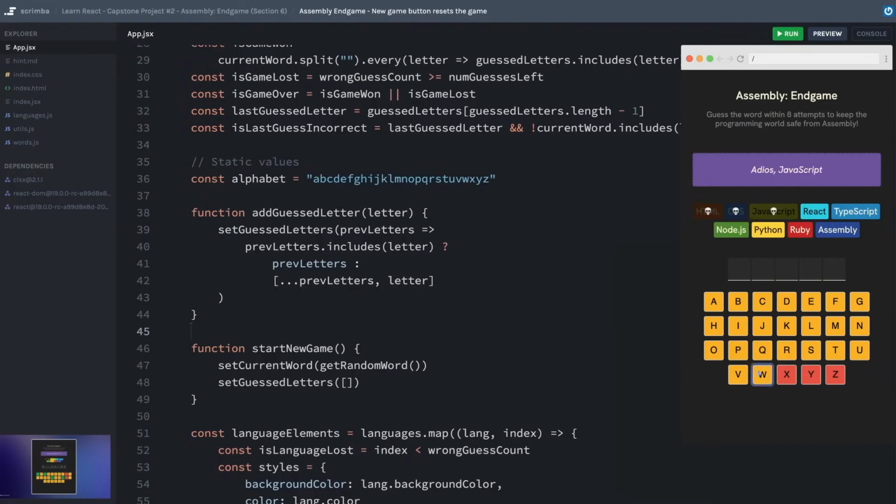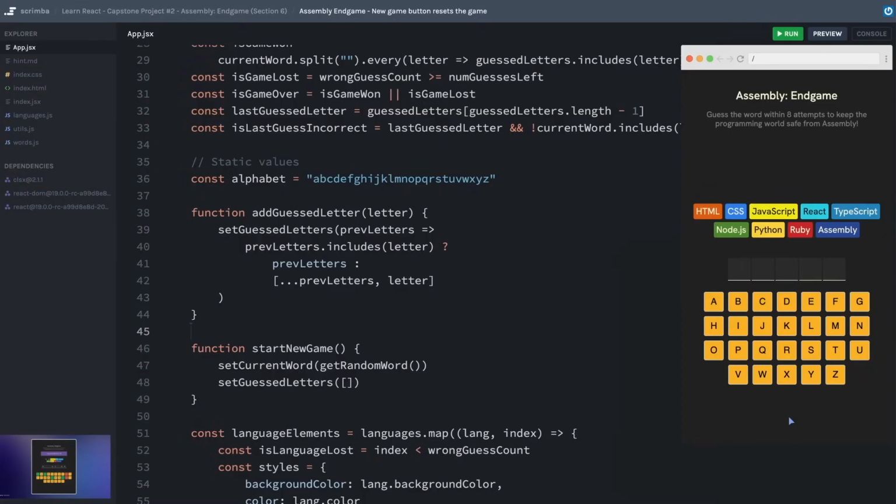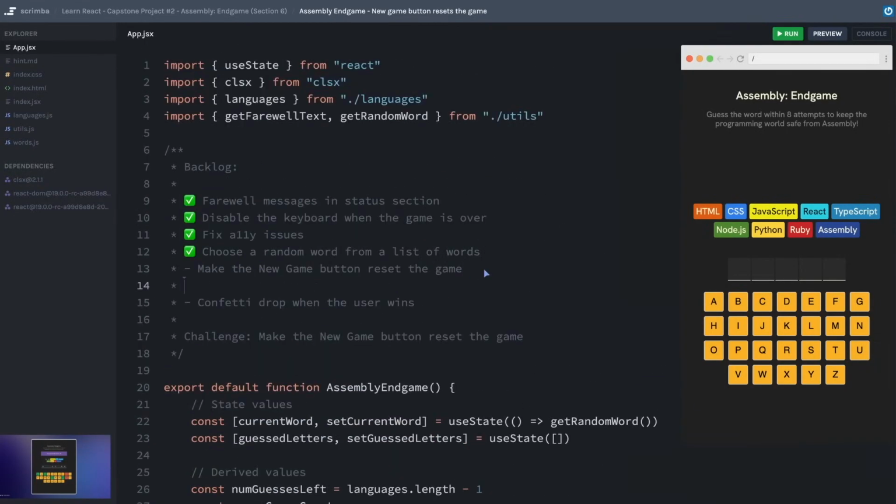Let's go ahead and just lose the game right now. These last letters tend to not be correct. And we'll click new game, and perfect, everything starts over. Okay, I'm actually going to add that item to our list here. We need to reveal what the word was if the user loses the game. In the meantime, we can mark this one off. We are so close to the finish line, I can practically taste it. So let's hurry on to the next challenge.